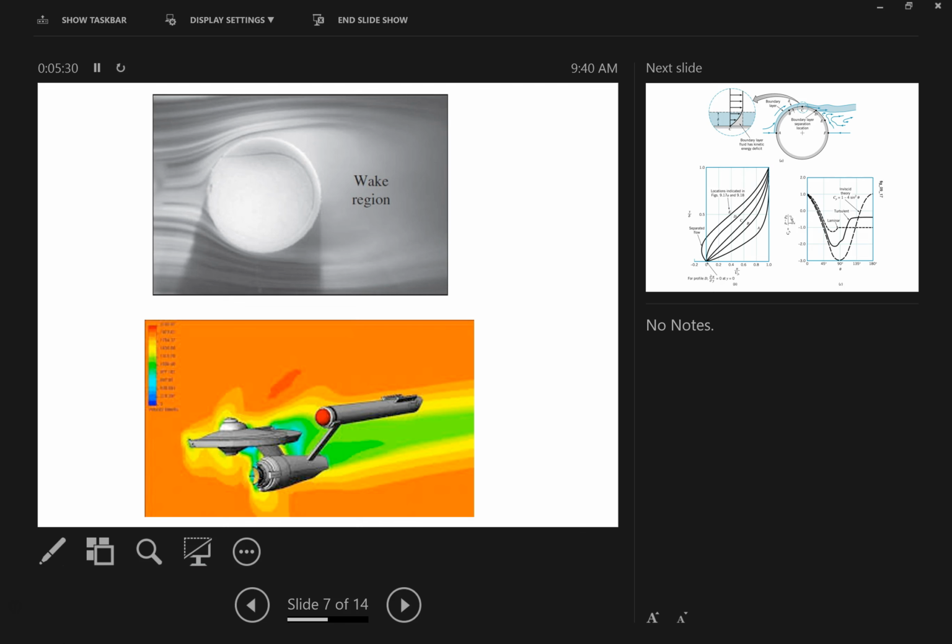So here we talked about this as just a regular tennis ball. You got wake regions, but someone actually drew up the Enterprise, put that in ANSYS, and did a computational fluid dynamics. Okay. No, I don't think they did. Can't read that. They might have. I have to check to see their results. They could have, but I don't know how accurate that would be in ANSYS or Inventor. I'm not sure. But this is some of the stuff that I want you to start doing.